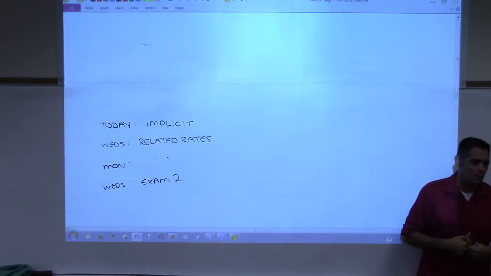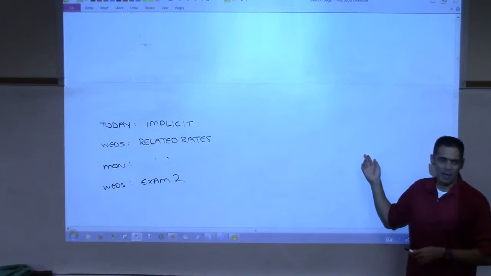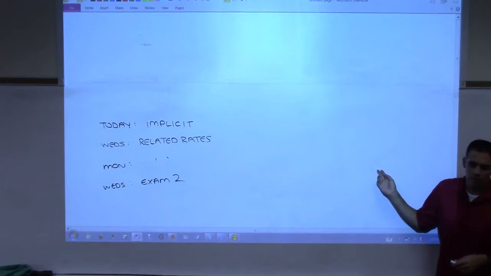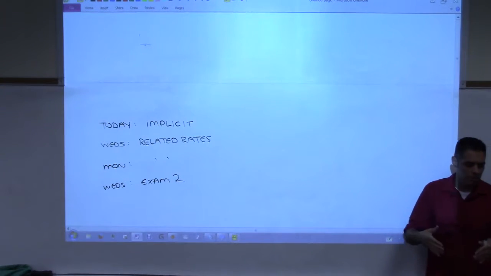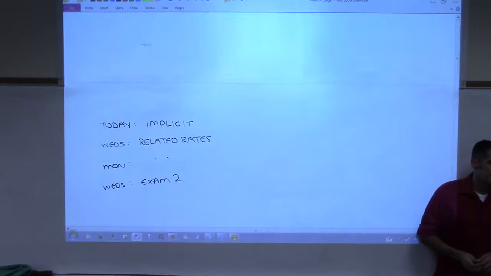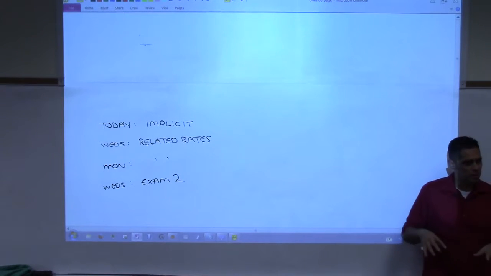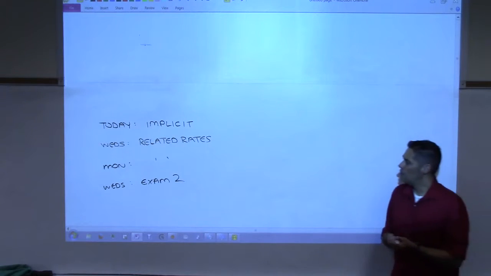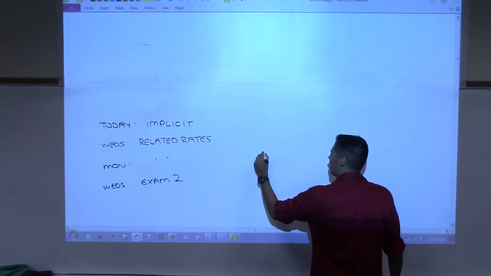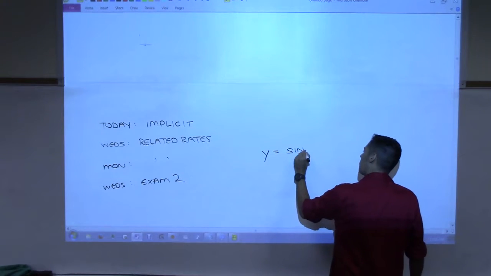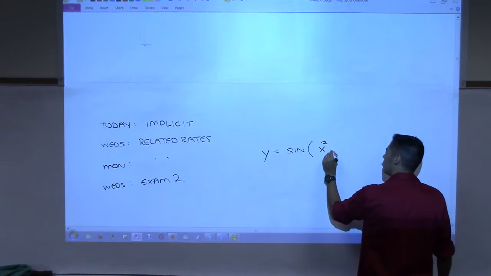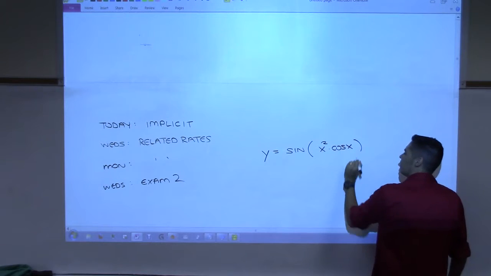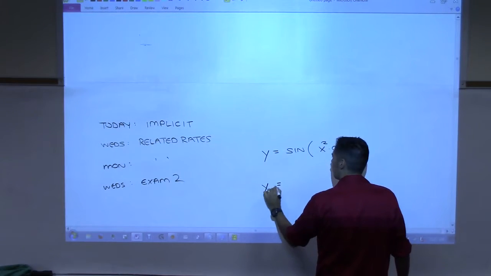Like on the quiz problem, there was one that was something raised to the -4. That was composition. That's a function in a function. So you always do the product first, and then if it's composition, why? Well, every problem's different. Sometimes you'll have a product that has a composition, and then sometimes you have a composition with a product. For example, if you have something like this, versus something like this,